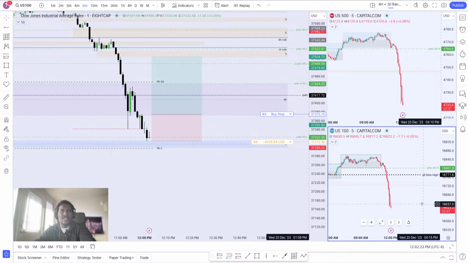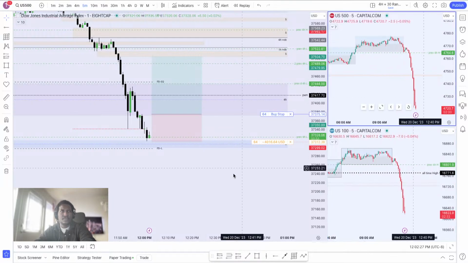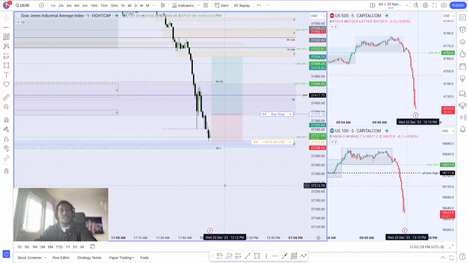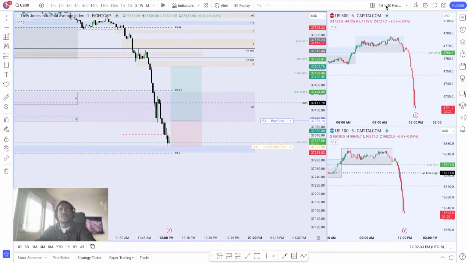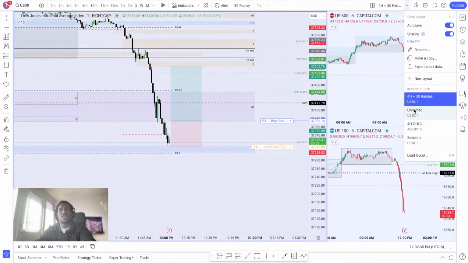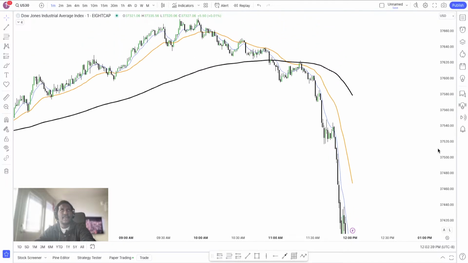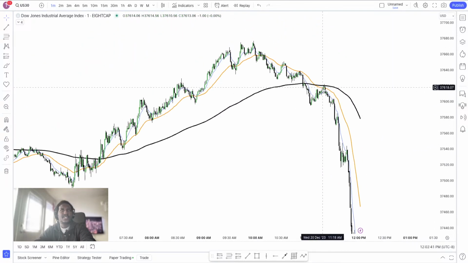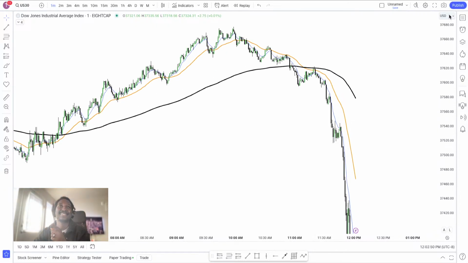Now this is the advantage of having what, okay, I have that set up. So let's head on over to yesterday's thing that we were looking at. Now this right here will be an entry. So at 11:20 I would have taken that shot if I was trading this strategy.